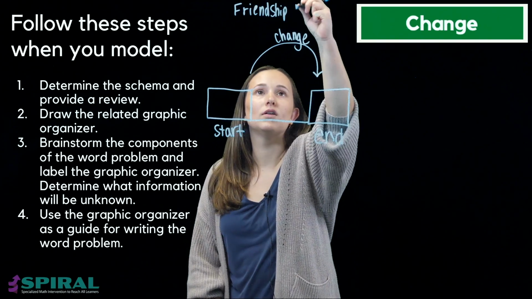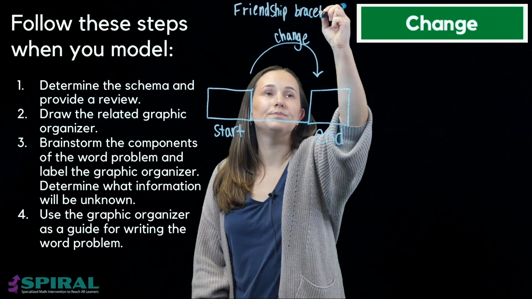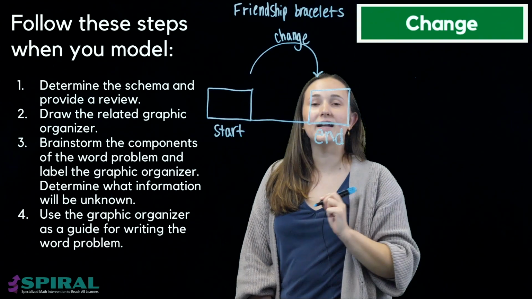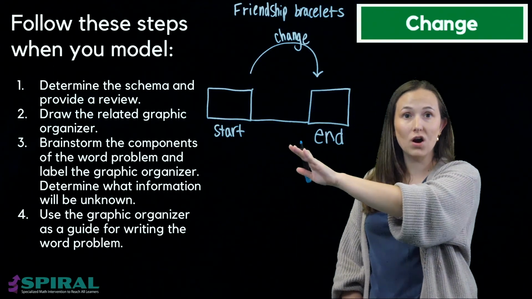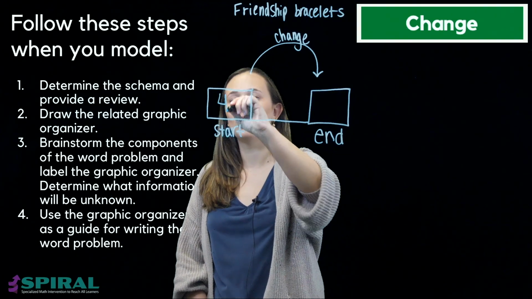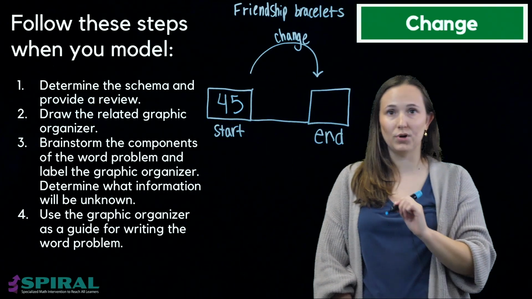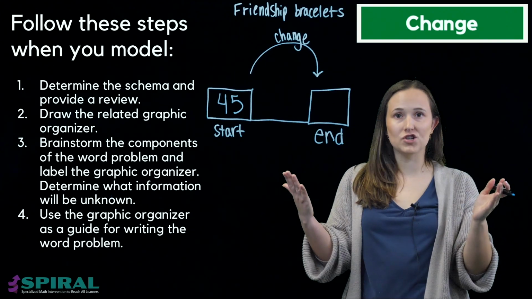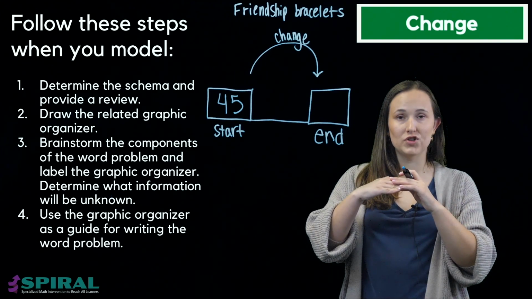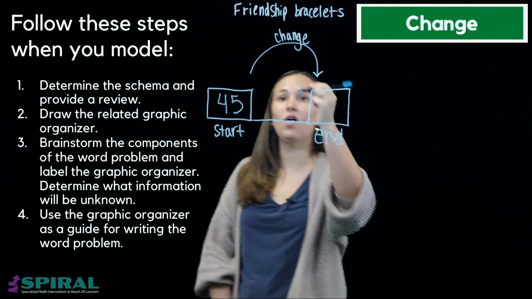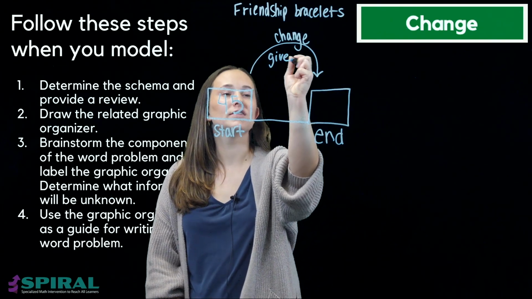Friendship bracelets. And at the beginning of my story, so at the start, I have 45 friendship bracelets. Well, what's the action? Why is my amount of friendship bracelets decreasing? Well, I give some